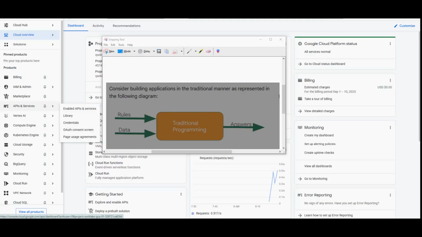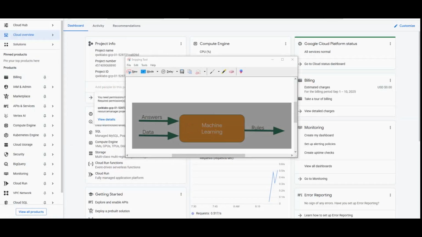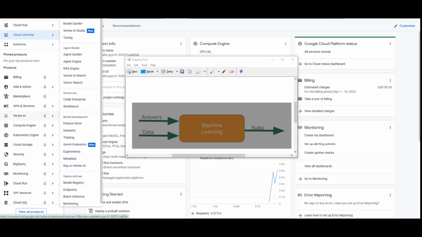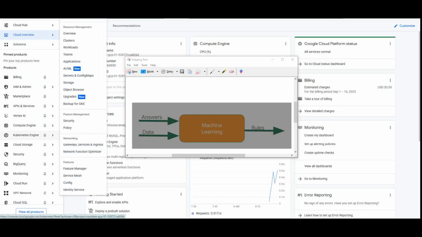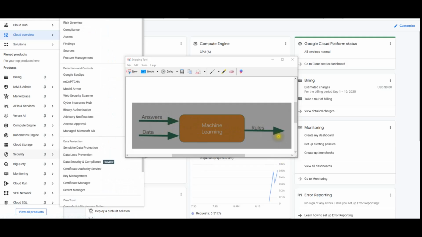In the case of activity detection, the rules, the code you wrote to define the types of activity, acted upon the data, the person's movement speed, in order to find an answer, the return value from the function for determining the activity status of the user, whether they were walking, running or biking. The process of detecting this activity via machine learning is very similar. Only the axes are different. So you have the rules in the back, previously it was in the front, and then the answer has been swapped from the back to the front.